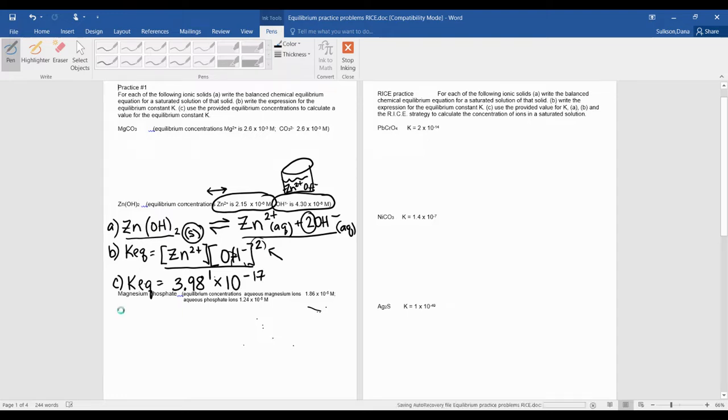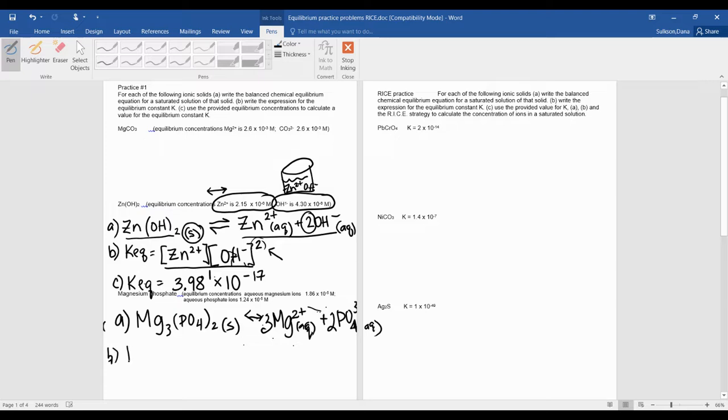Okay. The last one down here, I'll write down quickly the answer. I have magnesium phosphate, and that's a solid. Goes into equilibrium. Magnesium aqueous plus your phosphate, the -3 charge. It's a 4 down here, guys. Now I got to balance that, so I'll put a 3 in front of here and a 2 in front of here. So my part B, K equilibrium